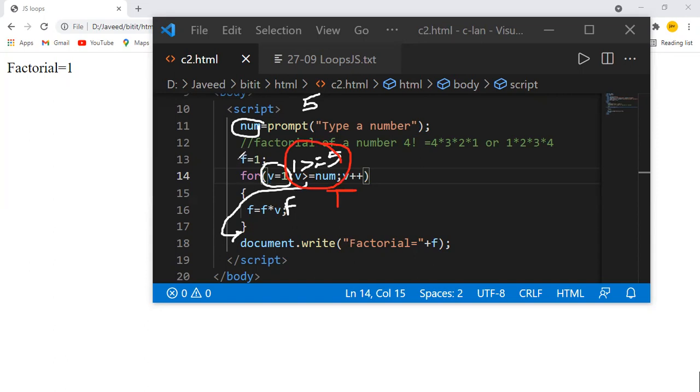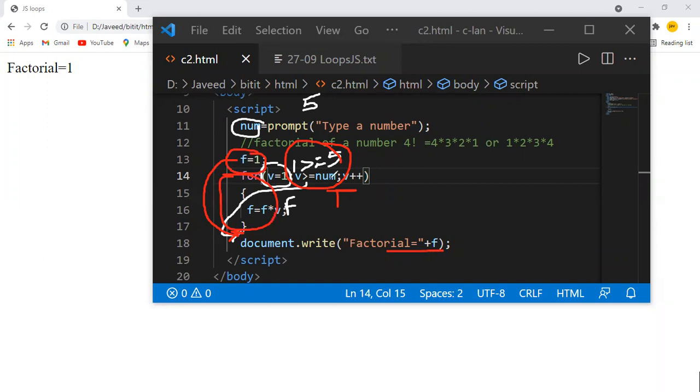So it is not entering into the loop. What is happening here? The f value is printed as it is, as 1. Before entering the loop, we have placed the value f is equal to 1. Once we come out of the loop, we are not able to enter the loop because of the condition, so it is going to print the value of f as 1 only. That means this part of the loop, these statements, are not executed. That's how it's going to happen.